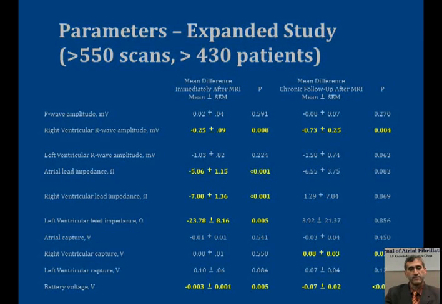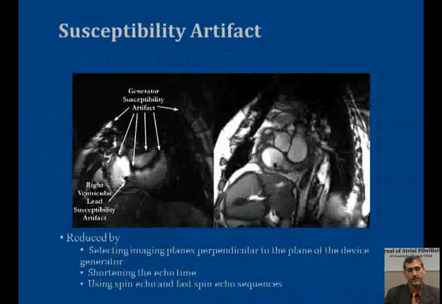Artifacts are something that we have to deal with when doing cardiac imaging, especially on steady-state free precession imaging sequences. We can see susceptibility artifacts related to the device generator and also related to the leads. But by selecting imaging planes perpendicular to the plane of the generator, shortening the echo time, or using different sequences such as spin echo and fast spin echo MRI sequences, we can reduce the amount of artifacts and get quite